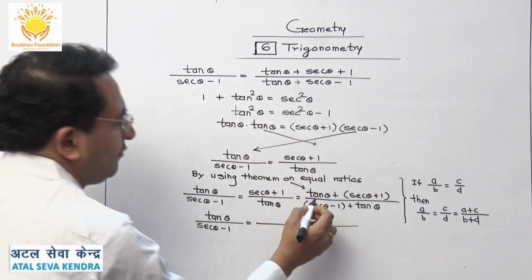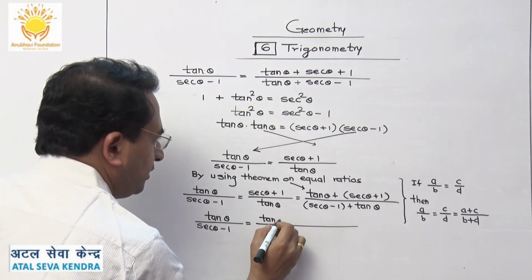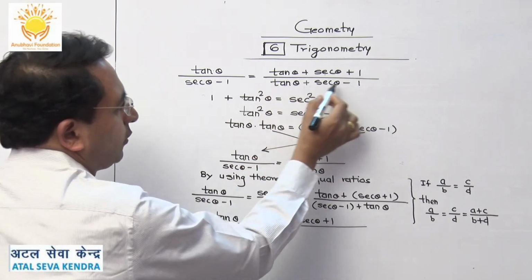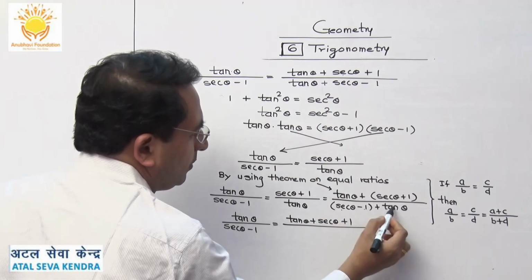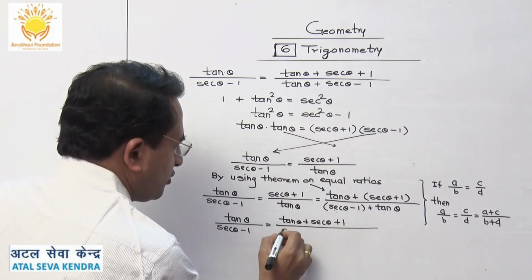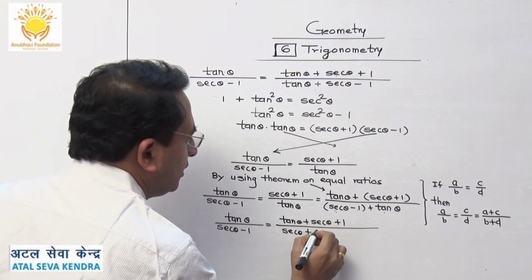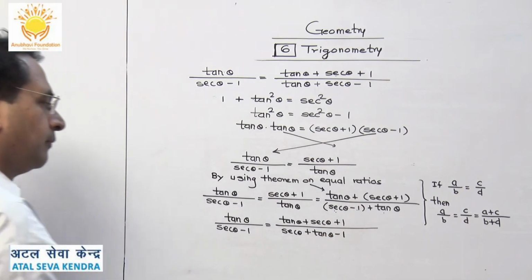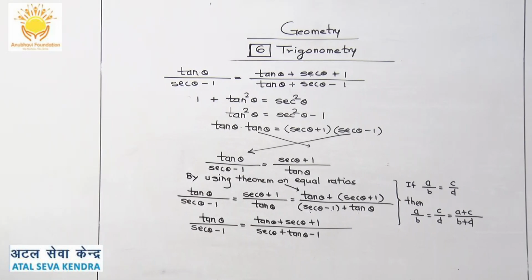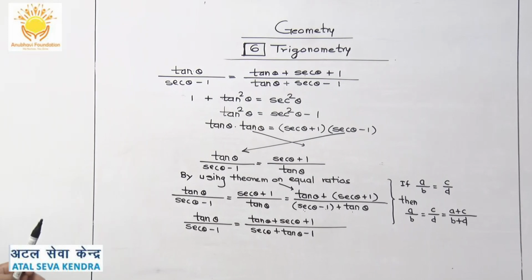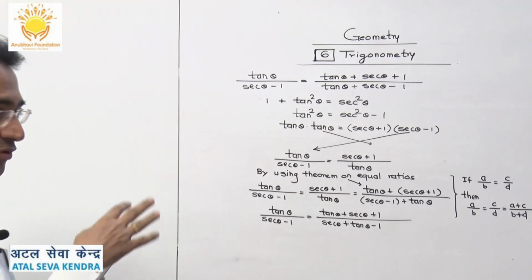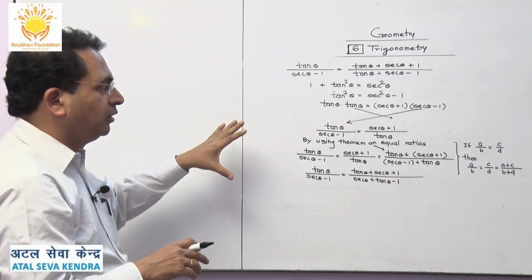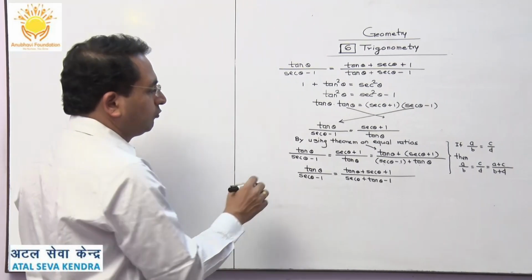But can you write it like this? If you open the bracket, then it is going to be tan theta plus sec theta plus 1. And now when you write this, sec theta minus 1 plus tan theta, we can write these trigonometric functions together. That is sec theta plus tan theta, and then this minus 1 I can write here. This is what we get. Many students by mistake start writing LHS is equal to that, and that becomes a very troublesome task. Remember, there are 3 to 4 questions like that which are based on the theorem on equal ratios. We have to solve them in the same way.